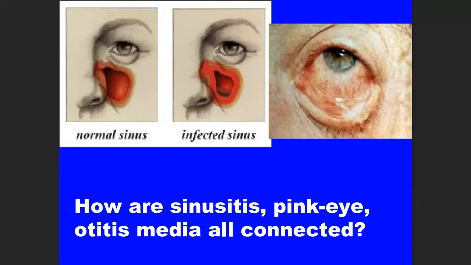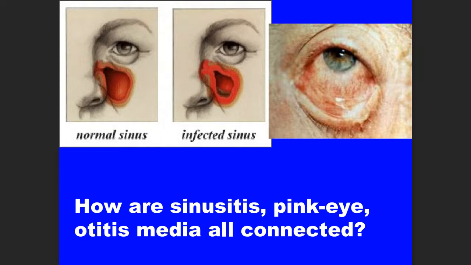Now, a lot of other diseases we could harp on, like sinusitis and otitis media, but what's really important, especially with the upper respiratory tract, is that you have to understand that all of those areas, the sinuses, your eyes, the pharynx, are all connected to each other. So if not treated, an infection in one part of the upper respiratory tract could easily spread to another part. For example, if a person has sinusitis, it could become pharyngitis, or vice versa.